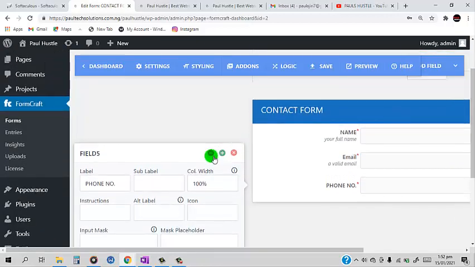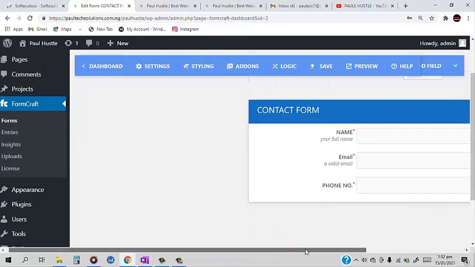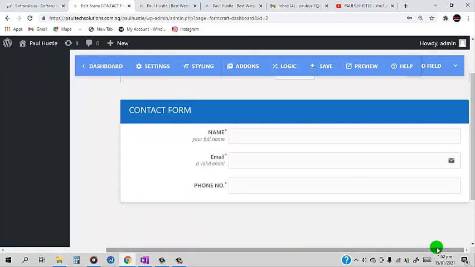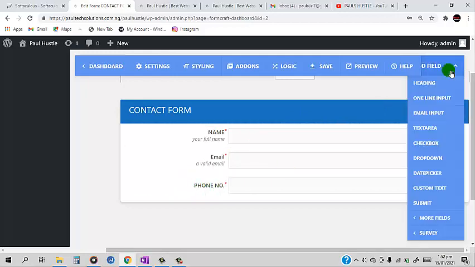So if you're done with that, just click on the minus button. It's going to remove. So you can see our form is looking very beautiful. Name, email address, phone number. So let's say we want to add something else. Let's say we want to add something like a drop down so that people can pick where they stay, their country, their states,